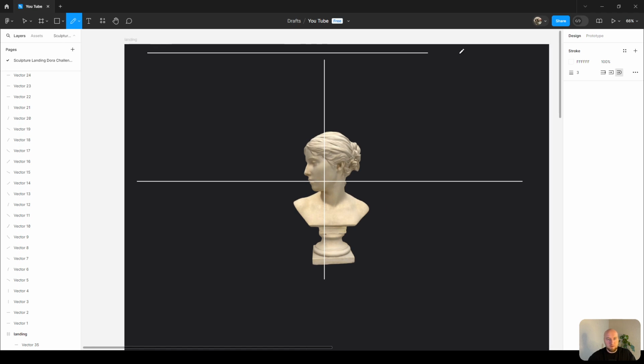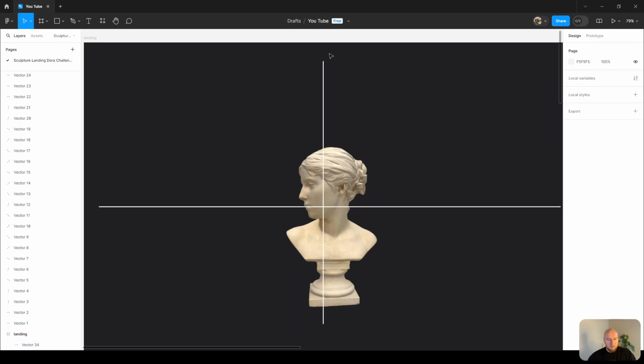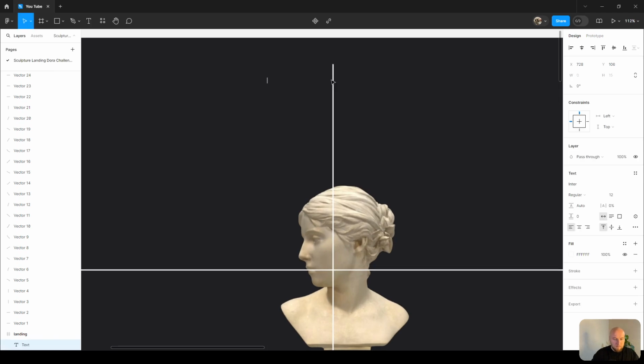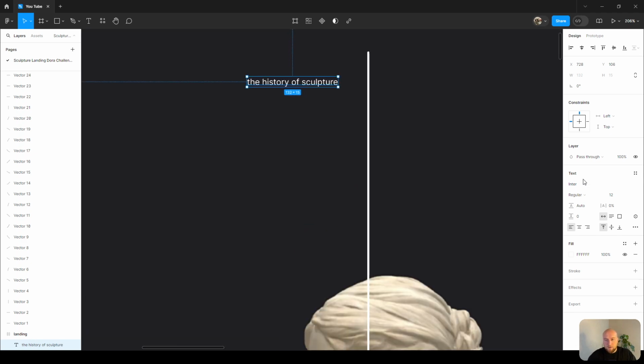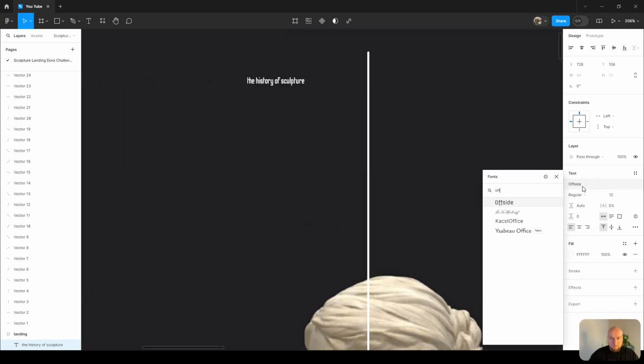And to close our composition, at first we need to create a header. The sculpture. So I used a font called Og,